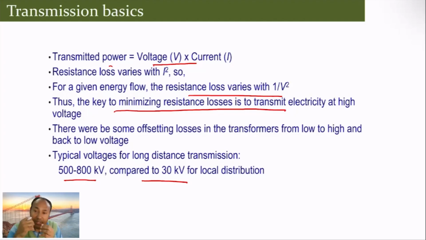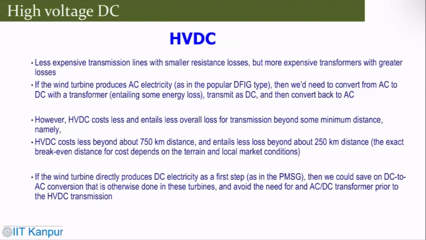So in all these processes, there would be some kind of losses associated. Any loss that you have in the system is going to finally affect your overall output of power production. And obviously, if there is some impact on the power production, you are going to have some impact on the cost and other things. What one also has to understand a bit is high voltage DC.